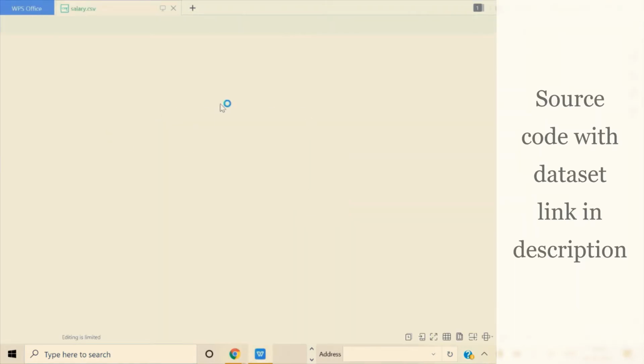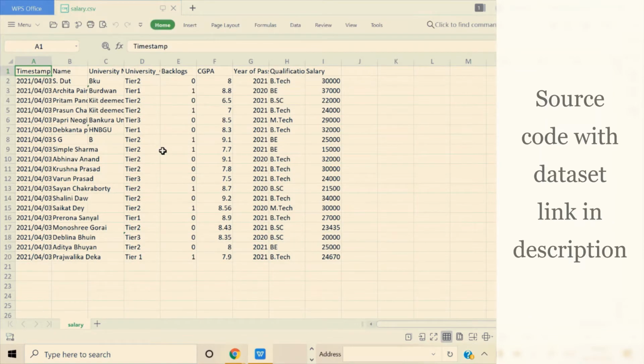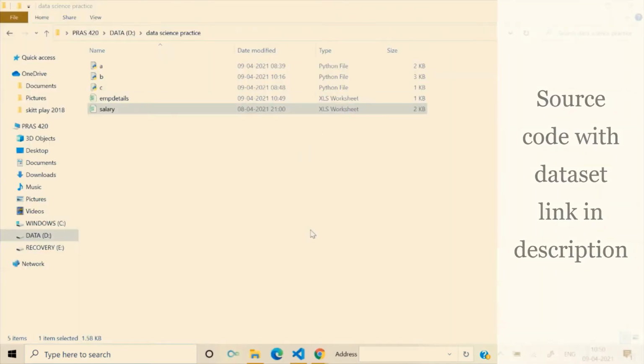This is the dataset that contains all the details of the current employees in XYZ organization. And on a serious note, please don't take these values seriously, guys, because I prepared this dataset by myself manually with some random values. So it is just for experimenting. So don't take them seriously. Fine. Now